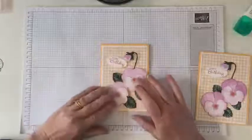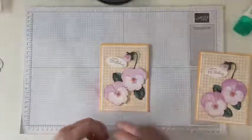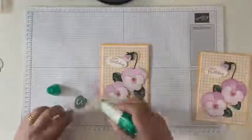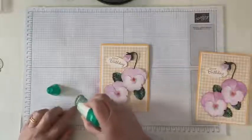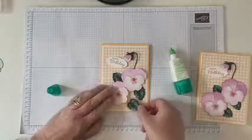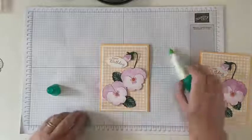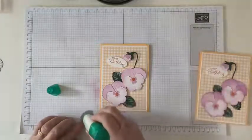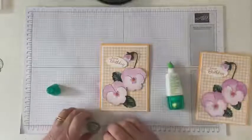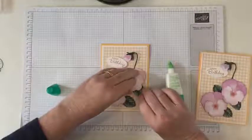Now my reasoning for that is now I can put my leaves on, and I know exactly where they're going because they are the bottom layer. So a bit of glue on the back of that, and pop him under there. I've actually used the bigger ones for this card and smaller ones for the other card, but it really doesn't matter. This one is going under there,